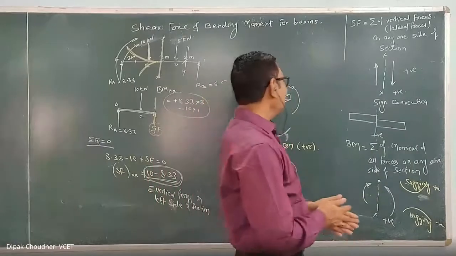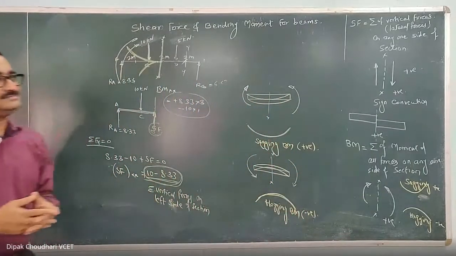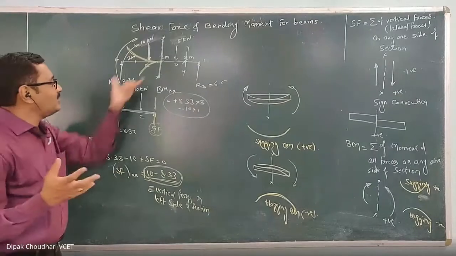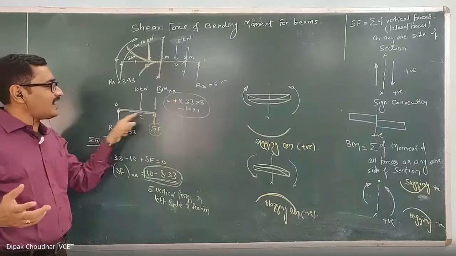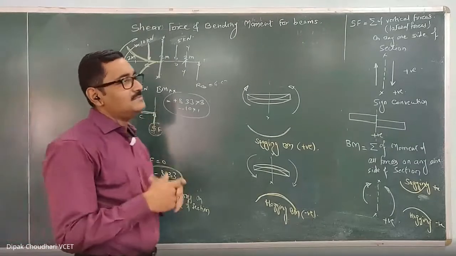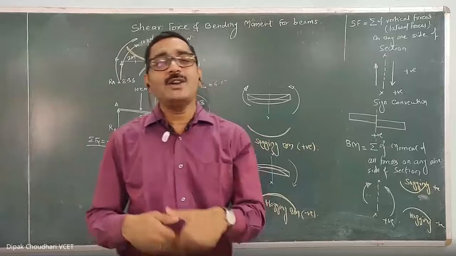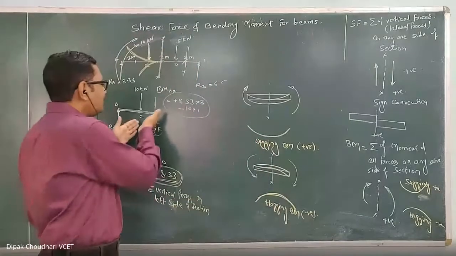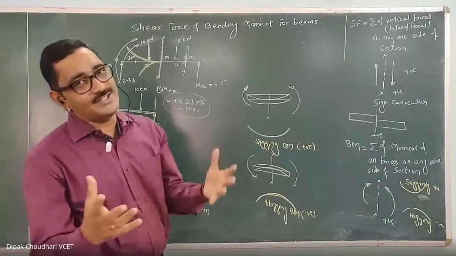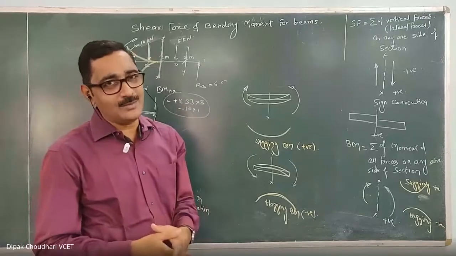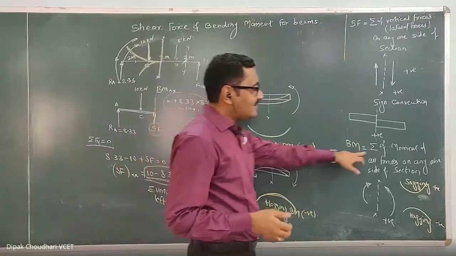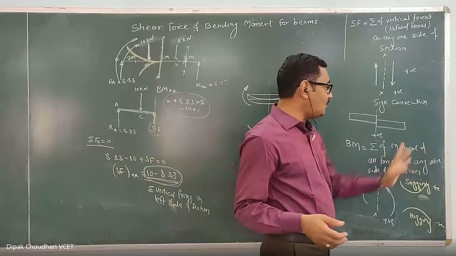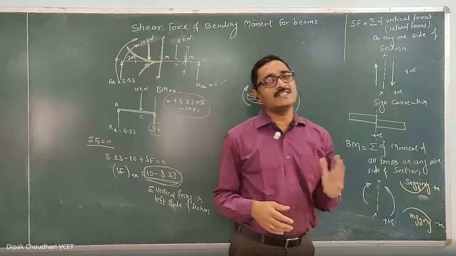Okay. Now next one is the bending moment. If I consider the FBD of any section, for the equilibrium of that there is an unbalanced moment in the system, and to balance that unbalanced moment, one internal resisting moment is induced here, and that is known as the bending moment. Then how to calculate that bending moment? Bending moment is the algebraic summation of the moment of all forces on any one side of the section.